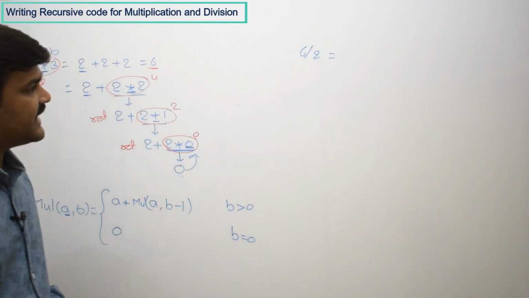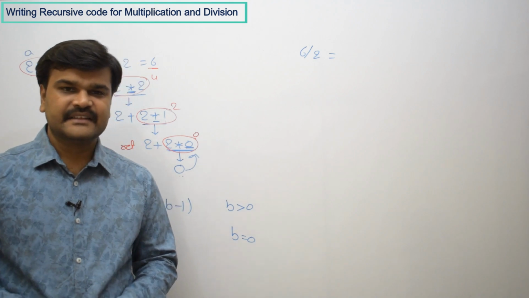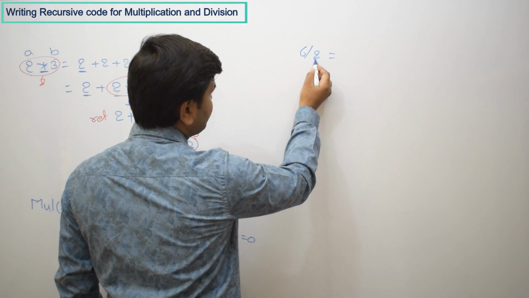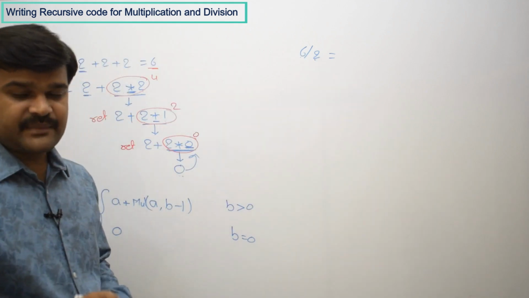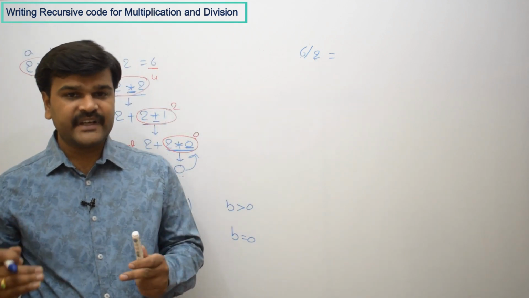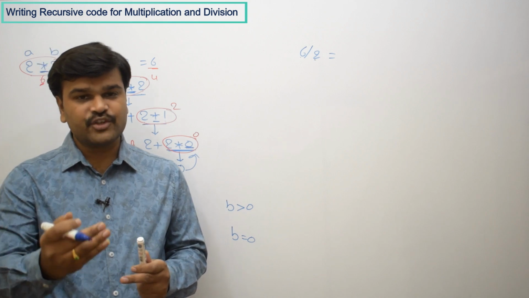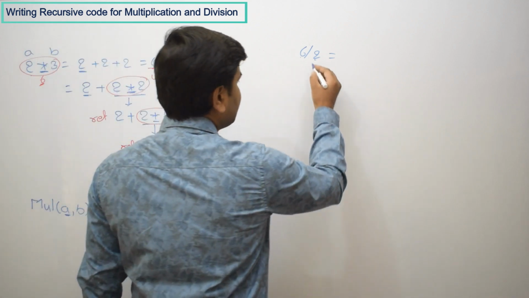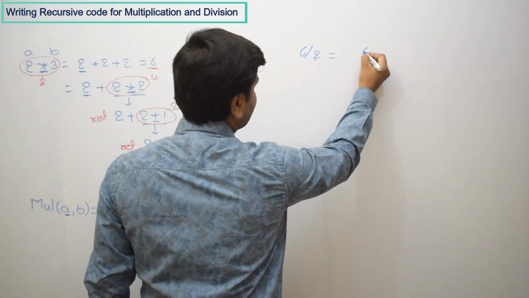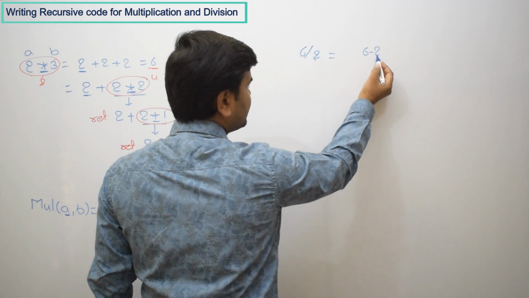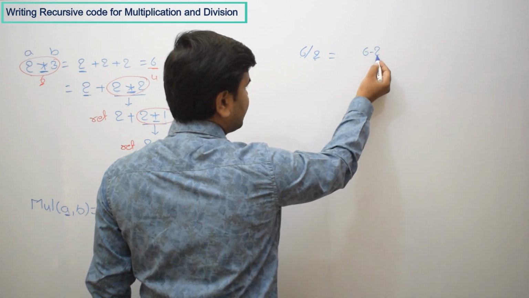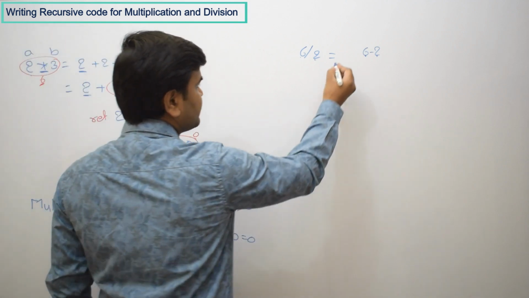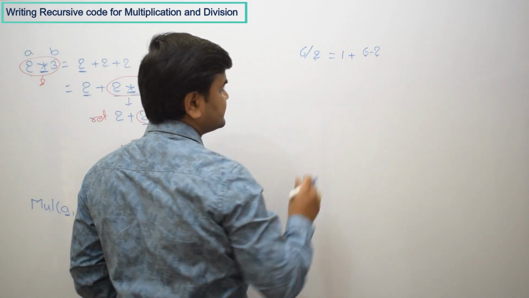So what actually are we doing when we are dividing? We are doing that actually how many times you can reduce this from 6. That means how many times the denominator we can reduce from the numerator, that is the actual meaning, right? So let us see what it means. 6 minus 2. We are able to remove 2, that means the denominator, one time successfully from the numerator. So that means one time you successfully removed.